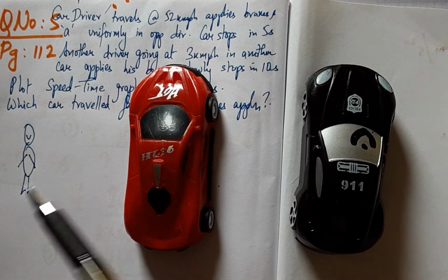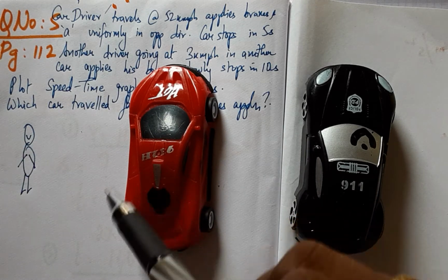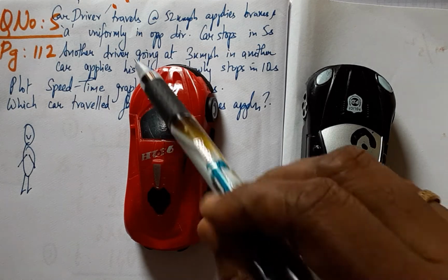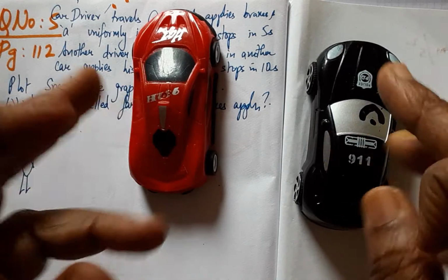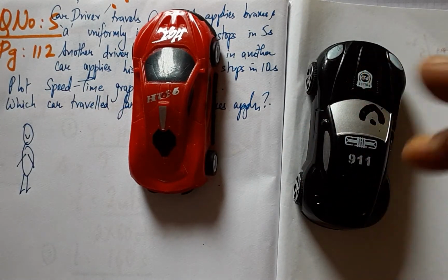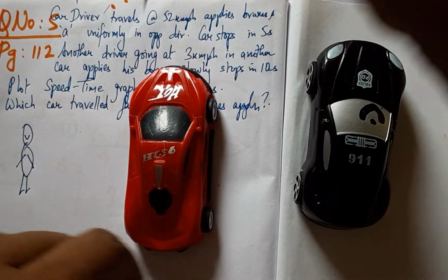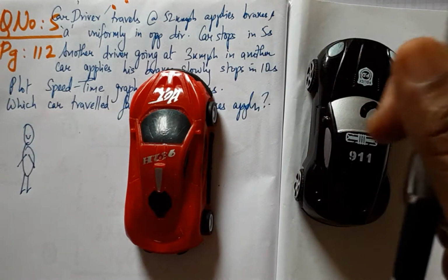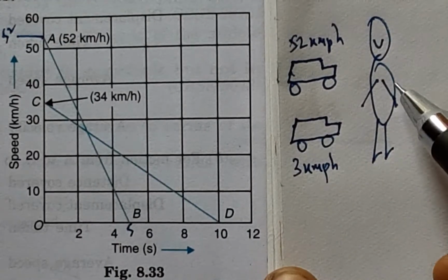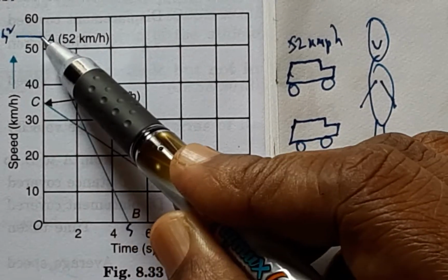Children, two cars are going, and who is telling us this entire story? Yes, the observer is telling the positions of these two cars, and he is saying that both are traveling at different speeds and both are coming to rest because of the application of the brakes. Naturally acceleration will act in the opposite direction of movement of the car, because acceleration here is the stopping force that will bring the car to rest.